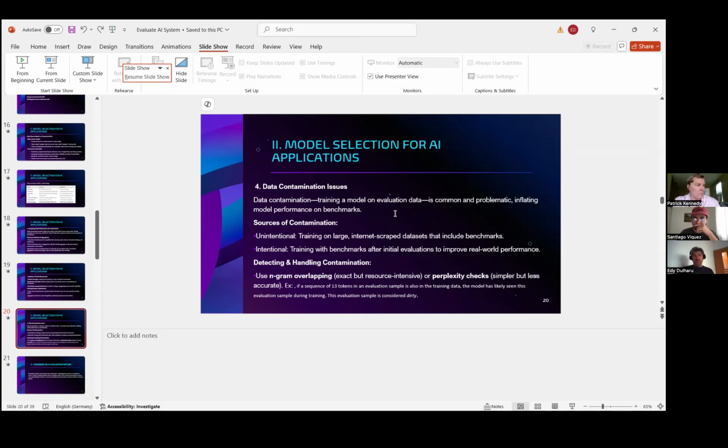In this way, we can make sure that our model is able to answer things it has never seen.